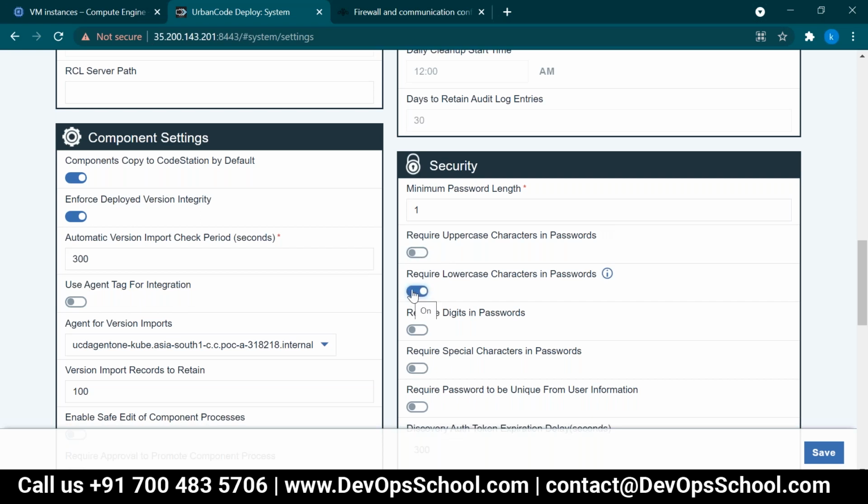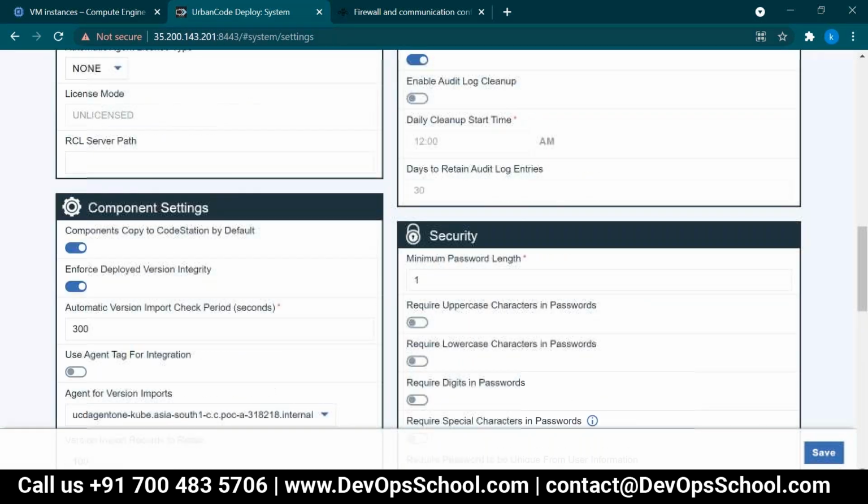Otherwise, if you require lowercase in the password you can put that. Okay, but for high security, yes, the company will enable this one. Otherwise a normal admin will put something like 83123, which can be guessed by someone else, right? So that is the reason companies will enable this one. As of now we are not enabling this one. Password digits also they will put. Password special characters also they will put. Okay, so all these things can happen.